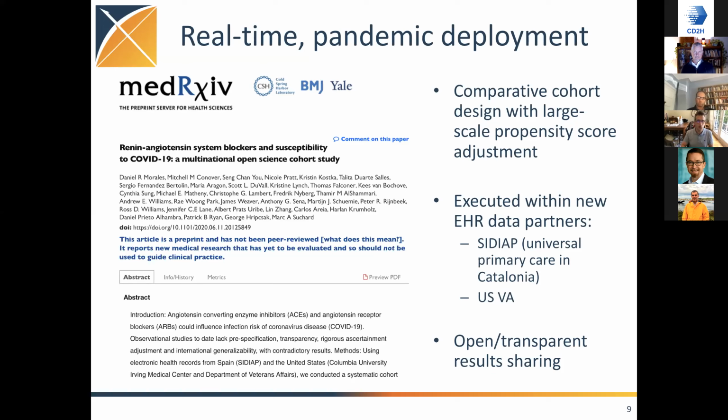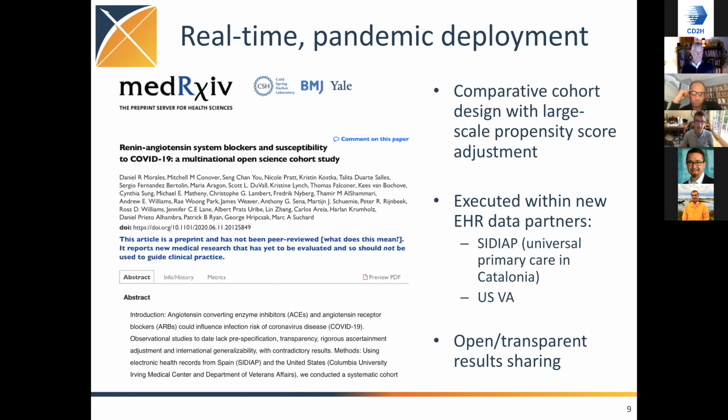One of the initial questions of concern to individuals that I work with in cardiology was the different relative risk of susceptibility for people who are taking RAS inhibitors, or renin-angiotensin system blockers, since these interact with molecules on the surface of lung cells that SARS itself interacts with for its cellular entry. And there was some question about the relative risk for individuals taking ACE inhibitors, the most popular antihypertensive